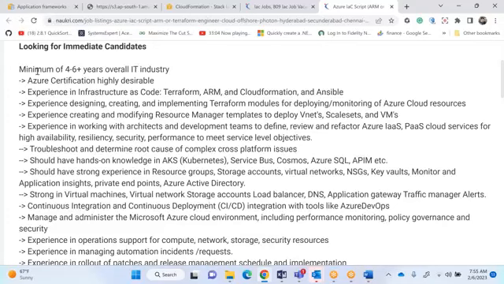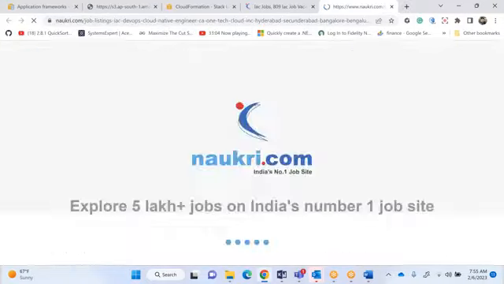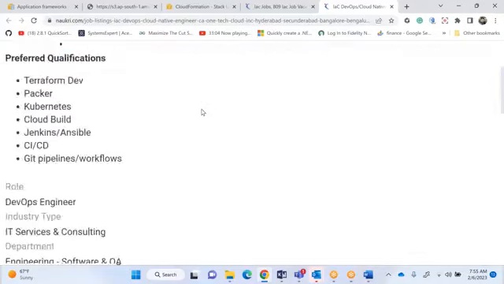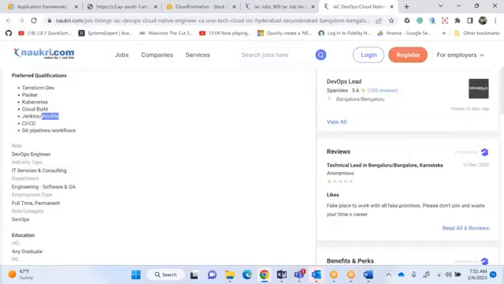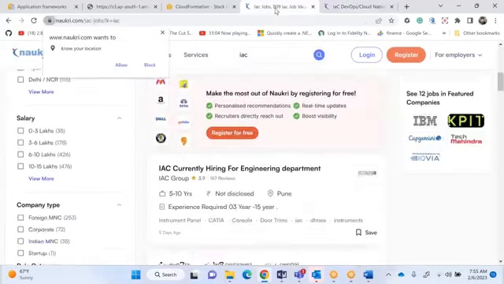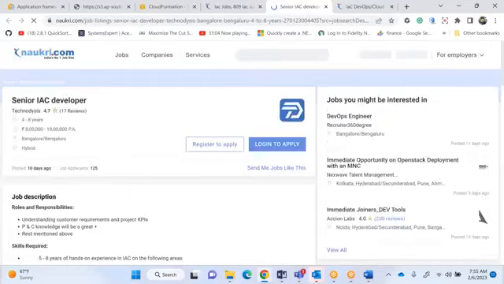But I'm telling you how people will be asking you in terms of IAC. Let me go into IAC DevOps, infrastructure as code DevOps. If you see Terraform, Kubernetes, Ansible. Is it clear? So any kind of IAC, I did not mention anywhere AWS IAC. I just typed IAC to show you the importance of IAC, infrastructure as code.